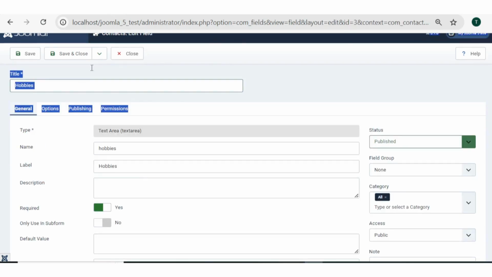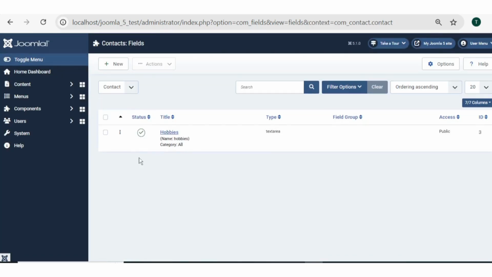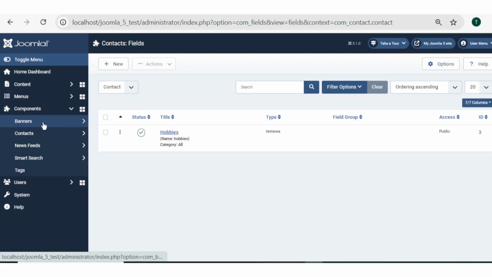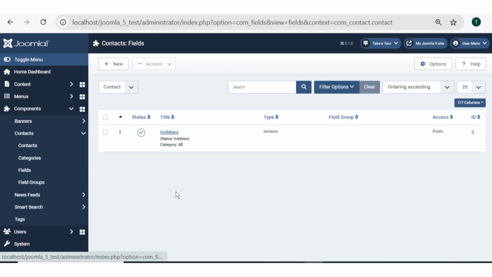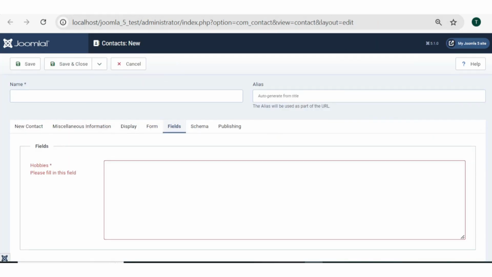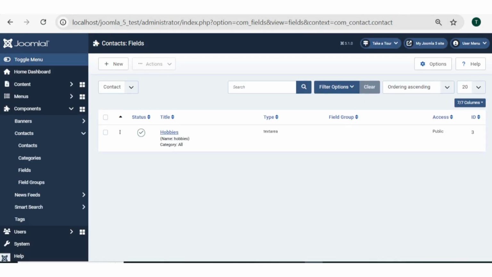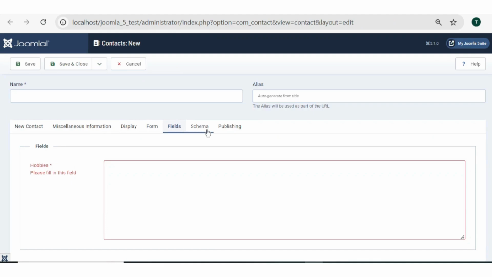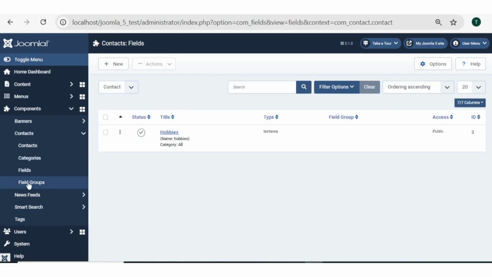So from these fields we can create new input fields. If we create new input fields in this Fields tab, it will be added under this fields group, under this Fields tab. So if I don't want to add to the Fields tab and I want to create my custom name, my custom group, I have to create it with Field Groups. If I click on this,